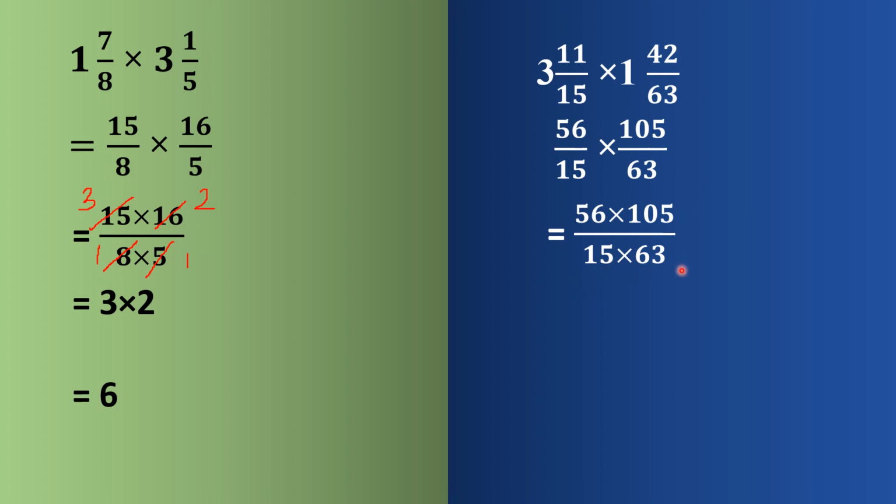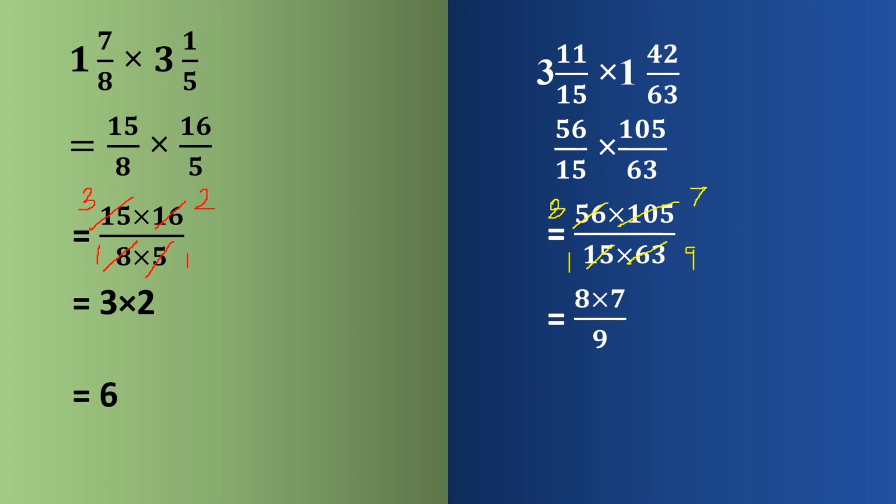Now here we can simplify at this stage. So I am going to teach you how to simplify at this stage. So like this, we know that 56 and 63. The common factor of 56 and 63 is 7. And we know that 7 8s are 56 and 7 9s are 63. And we know that for 15 and 105, the common factor is 15. 15 ones are 15 and 15 sevens are 105. It means in the numerator we have 8 multiply 7 and in the denominator it is 9.